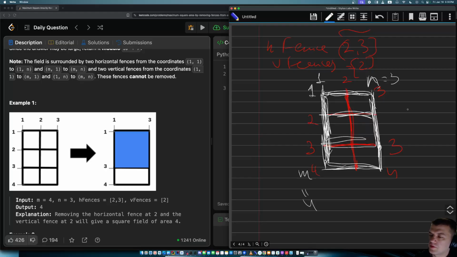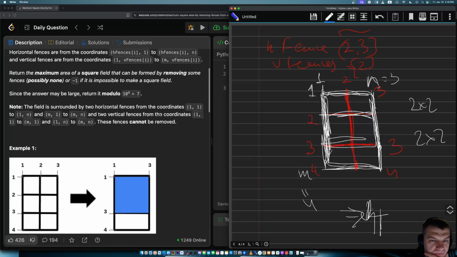The area for the first one is 2 by 2, and for the second also 2 by 2. So the answer should be 4 in this case, the maximum square area. And then the answer may be large, and in this case I should return it modulo 10 to the power of 9